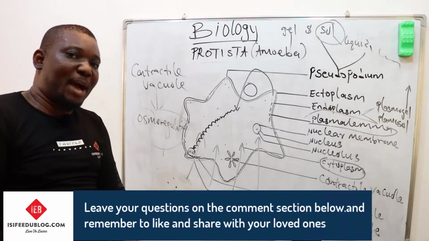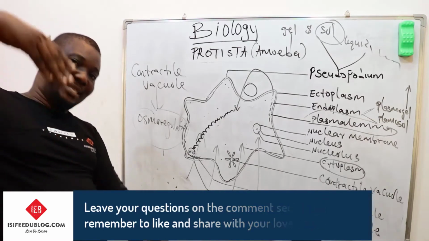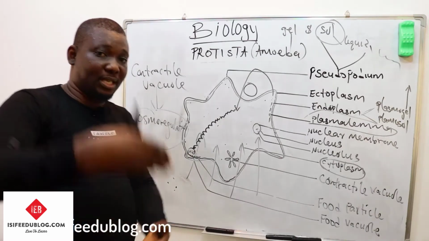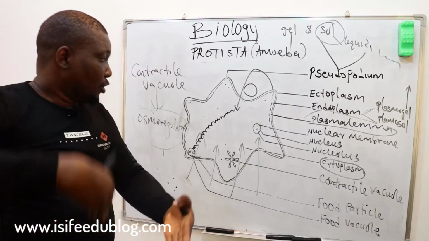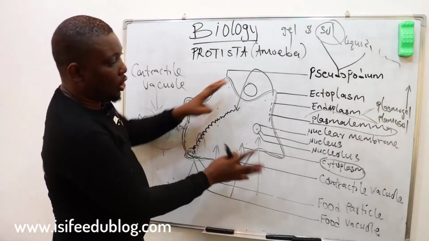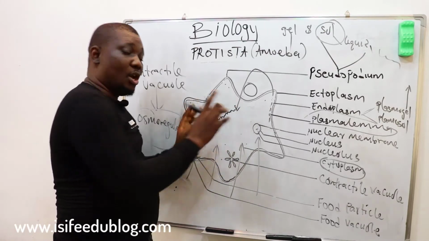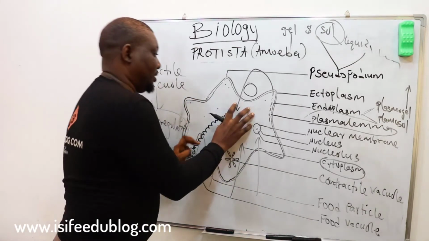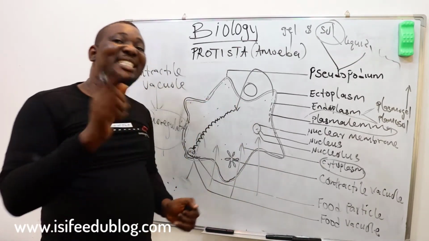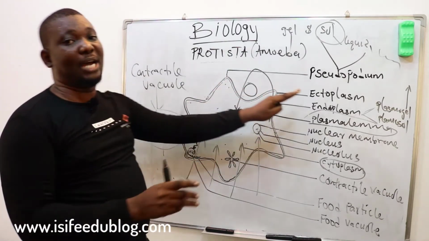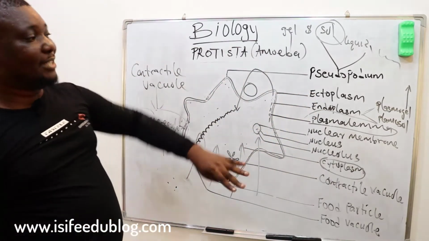That means food will be absorbed into the vacuole. It is there that enzymatic activities start to take place. And that is basically all these labeled features and their functions as regards this organism. What you will take home from this organism is this: it is a highly dependent organism. There is no tissue level here. There is no organ. There is no system.